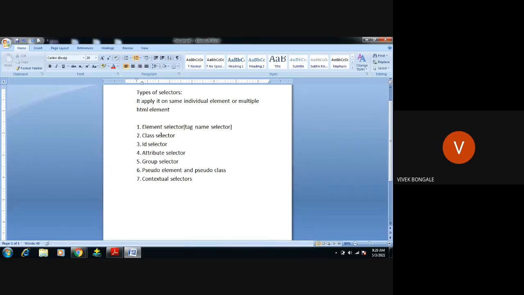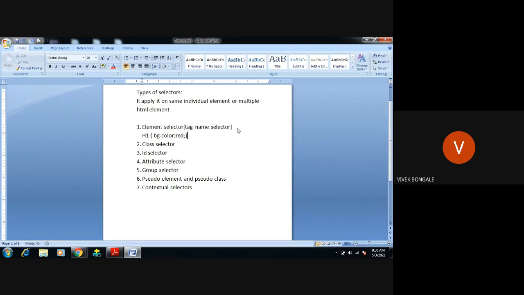Okay, element selector. First, we start with the element selector. What is this element? Element means what in HTML? That is tags. The other name for element is tag. Now, in what I explained previously, H1 followed with the property background color, followed with red.